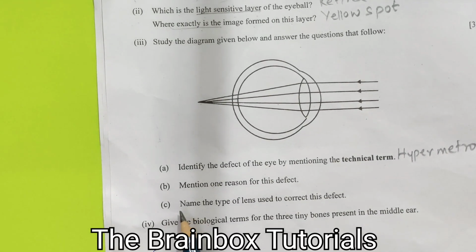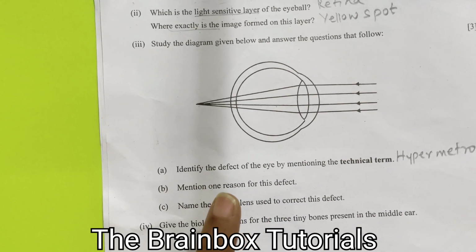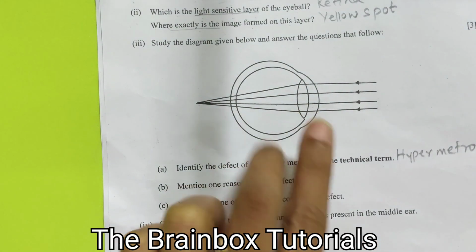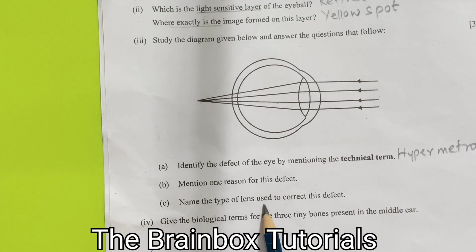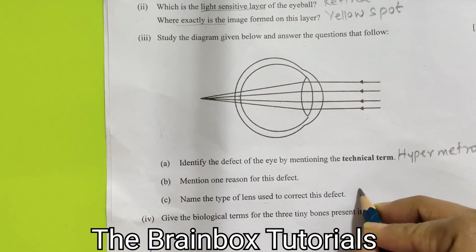Okay, and the next question is, mention one reason for this defect. See, there are two reasons given for this defect. One reason is shortening of the eyeball from front to back, and the second one is that the lens has become too flat. Number C, name the type of lens used to correct this defect. The lens used to correct this defect will be